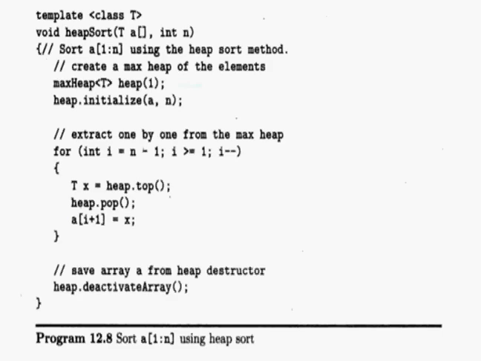Now once you reach this position, we know that the elements are sorted out, but we require a method called heap.deactivate array. This method is essential to save the array onto some other memory location, because when the class gets terminated, the last function which will be called is a destructor function, and that destructor function for this array which has been sorted now is going to destroy that list or array, and we don't want that array to be destroyed in this class. So we want it to be transferred to some other location, or we want to deactivate this array from this class.